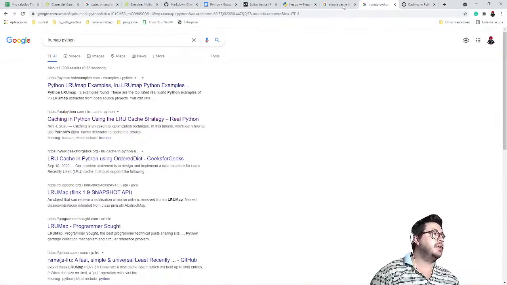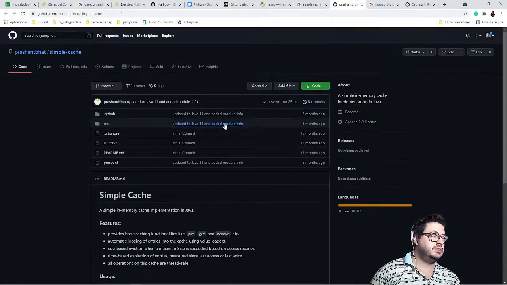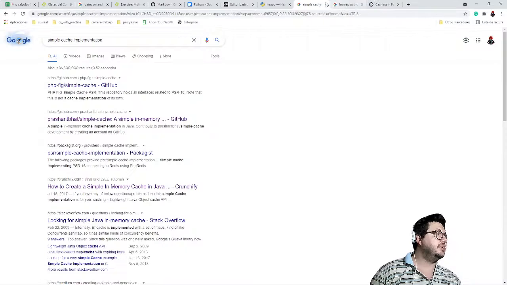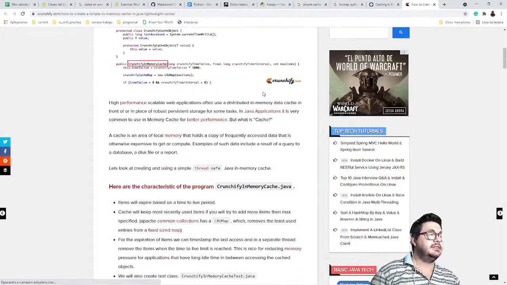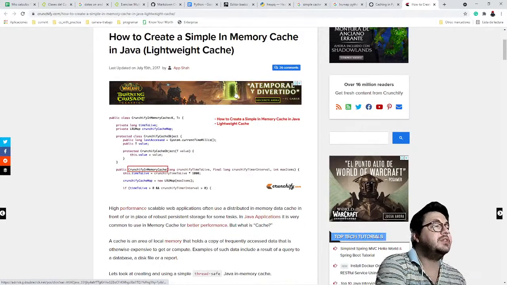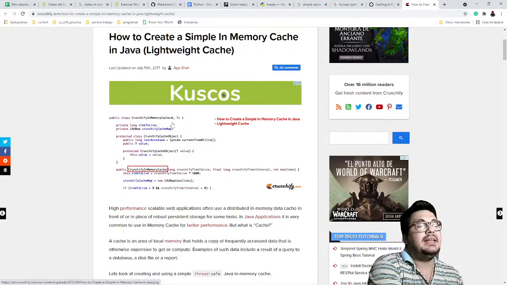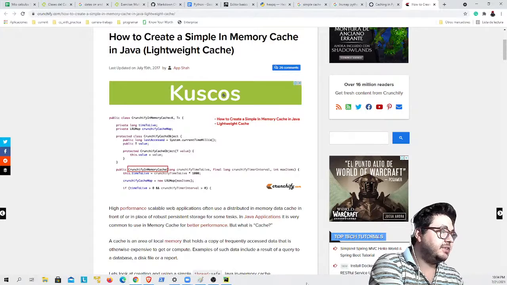And what I found was that they use something that has already been done, an LRU map, a least recently used map. It's the same thing that I explained in the first part.